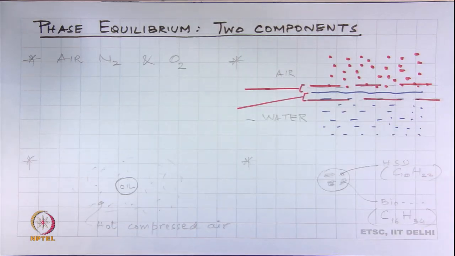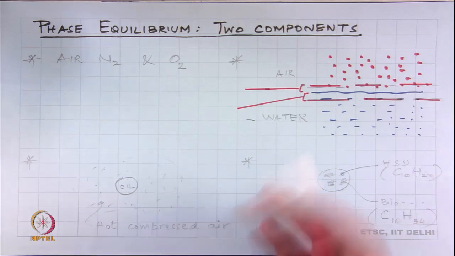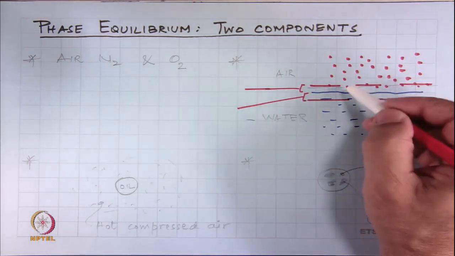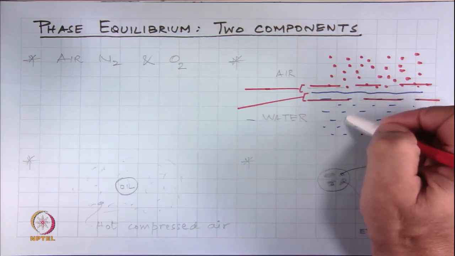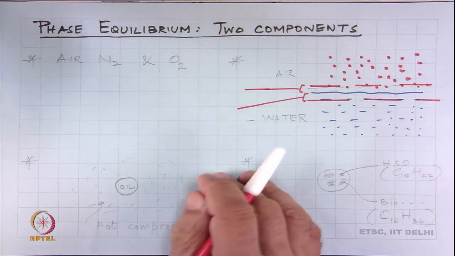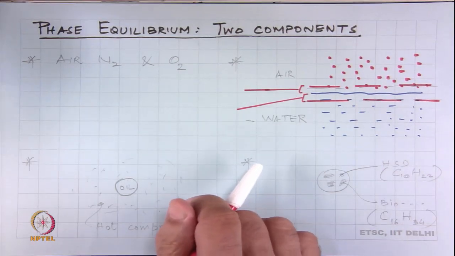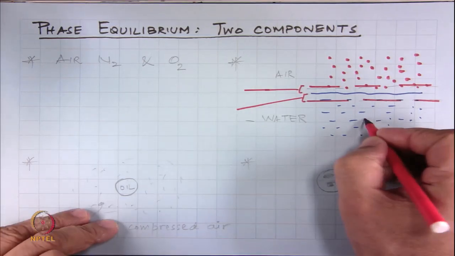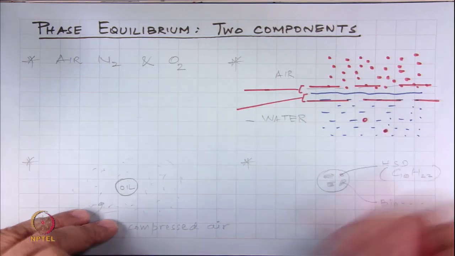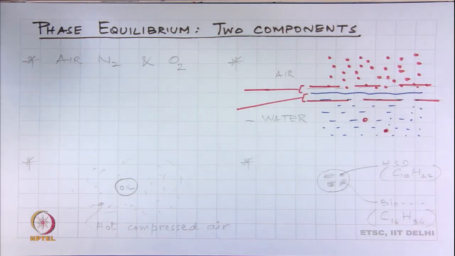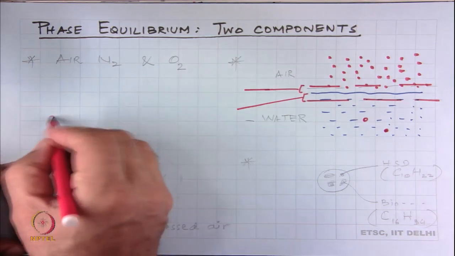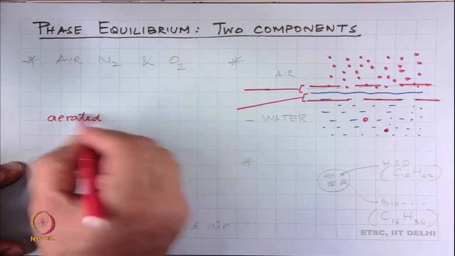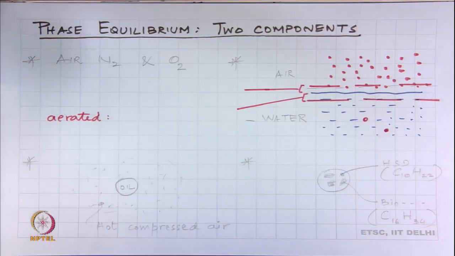This has many applications and implications. In nature, we have oceans and waters where this is happening. Some air is always getting dissolved in water, and by the type of equilibrium calculation that we will look at, we can estimate how much air is dissolved in water. When we say air is dissolved in water, it basically means that you have an oxygen molecule or a nitrogen molecule. So, water is slightly aerated, and we know from experience that this is enough for the seas, lakes and rivers to sustain marine life. This is very important.